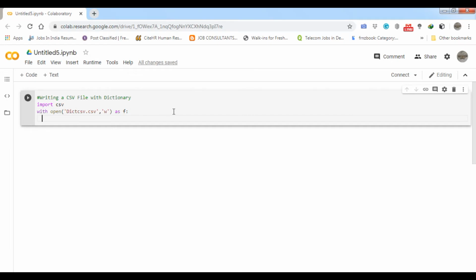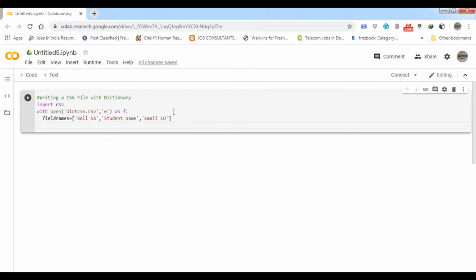Any doubt? No. Now we are going to create the field names. Here I am going to create field names, for example roll number, student name, and at last email ID, okay student. Now I am going to create a writer object.